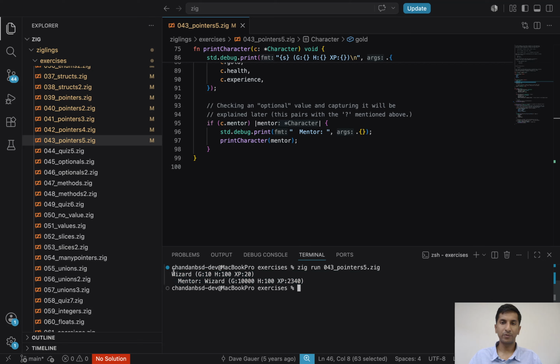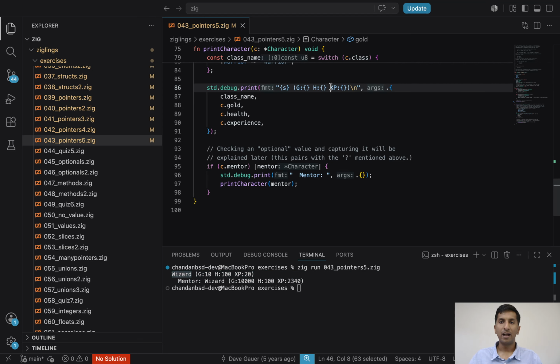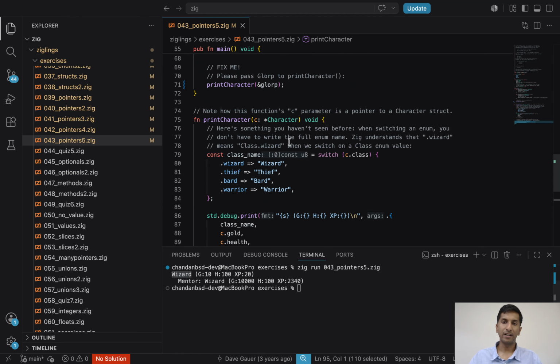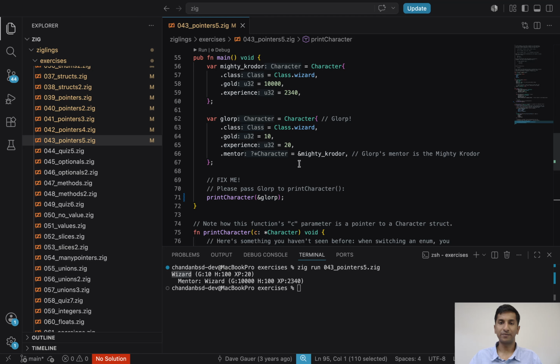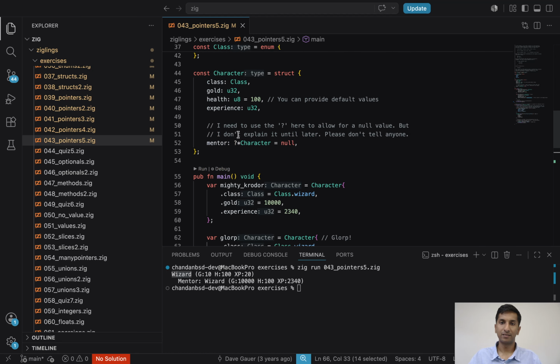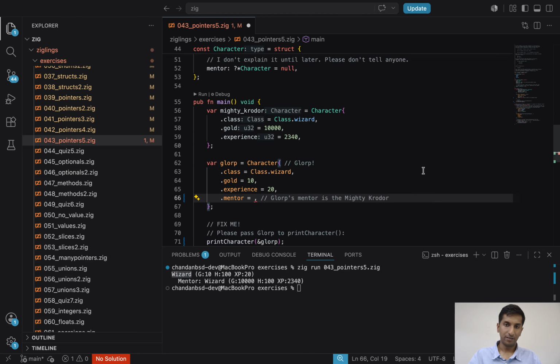Everything works. We've printed the wizard here, and we're also printing its mentor here. We're saying if the mentor exists, and we can print it. Just for the fun of it, I'm going to put null here. How do I know it can be null? The question mark here means it can be null. So if I pass null here,